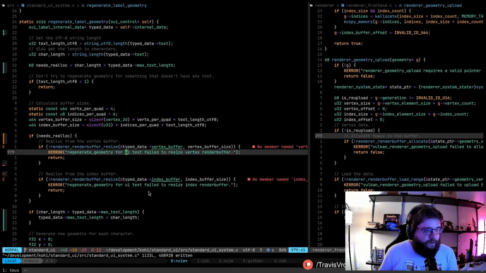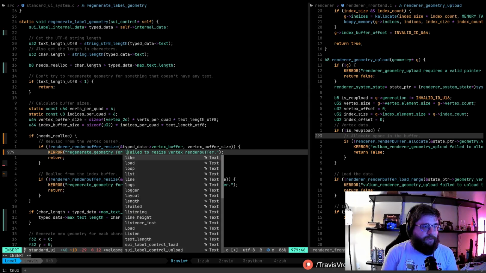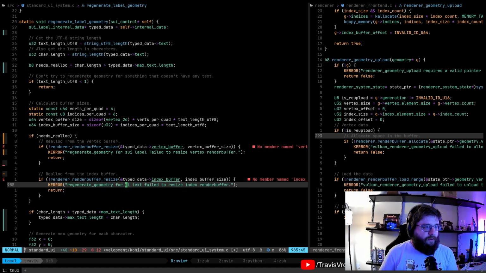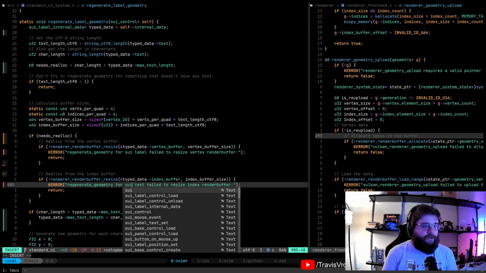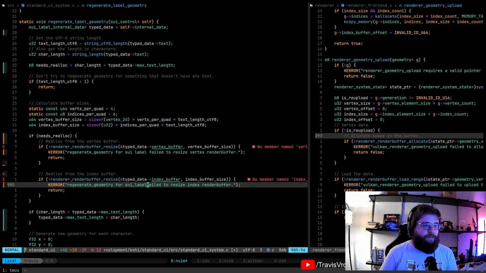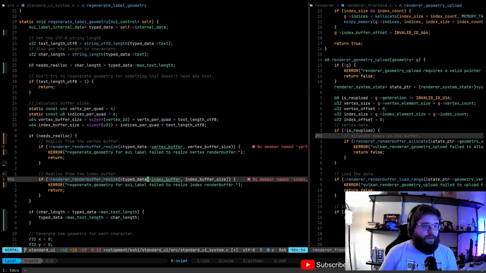So, let's see. We need to change this UI text to SUI label. Right.